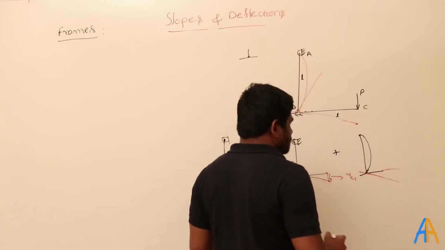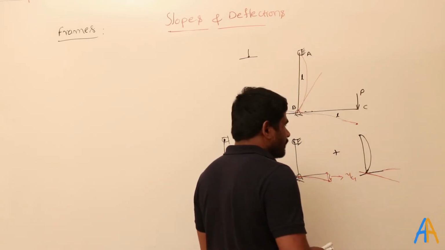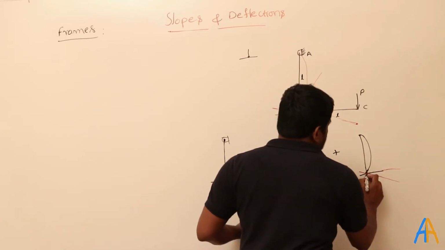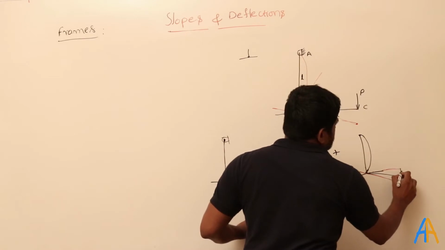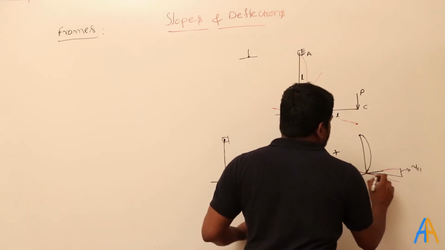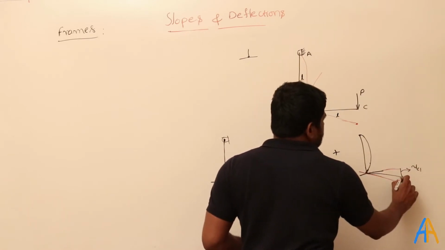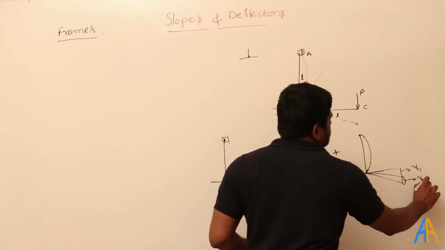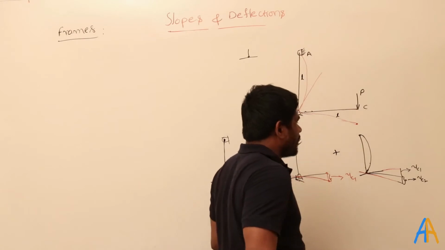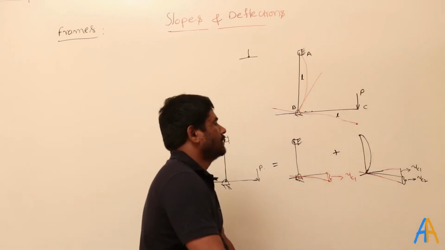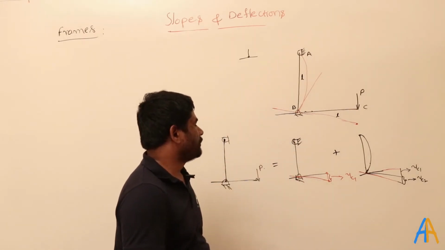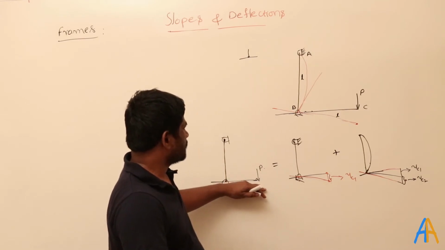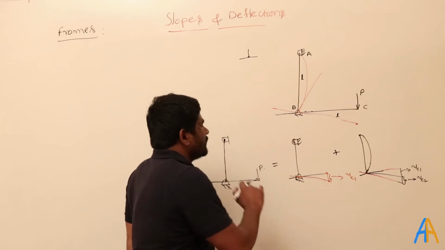Because of this bending, what happened? When it bent, what is the condition here? This is already the condition, YC1, and because of this, it bent further. Then from here to here, it is YC2. So here I can divide this problem into two parts: the bending because of the horizontal and the bending because of the vertical.